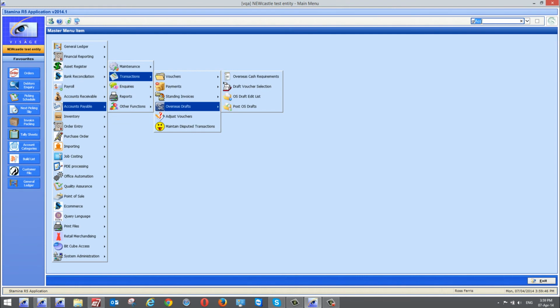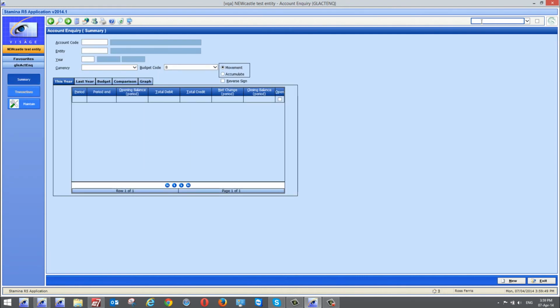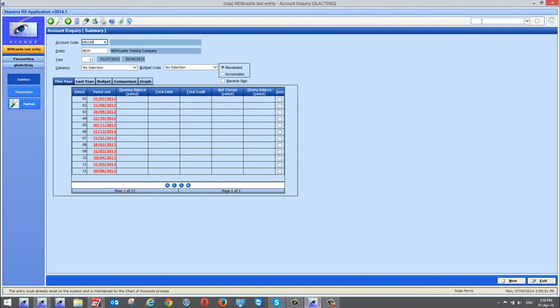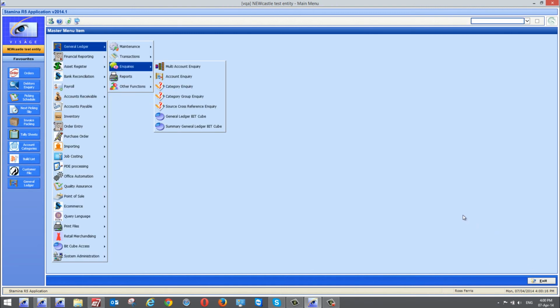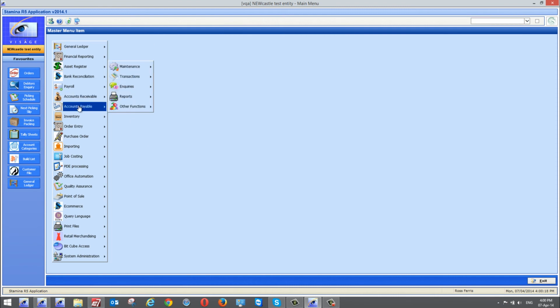Now if we just go and have a look at that physical bank account, if we look at MK100, which is where we transferred the money to, probably help if we looked at the right financial year, we'll see here this is where the money has actually come in from our overseas draft, being a total funds transfer of $4,017.37. Now, armed with that, after having transferred the money into this account, then when I did my accounts payable drafts payment,